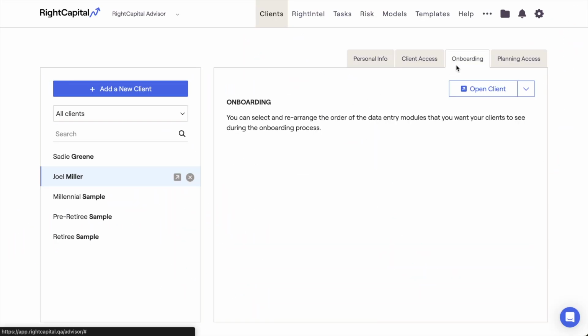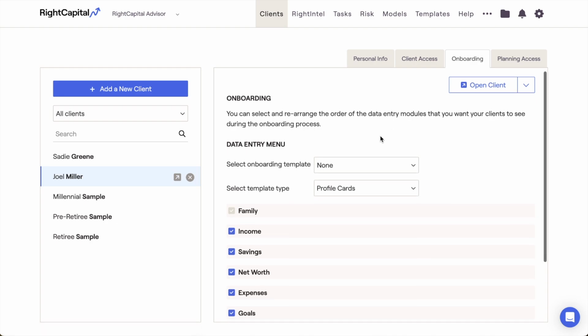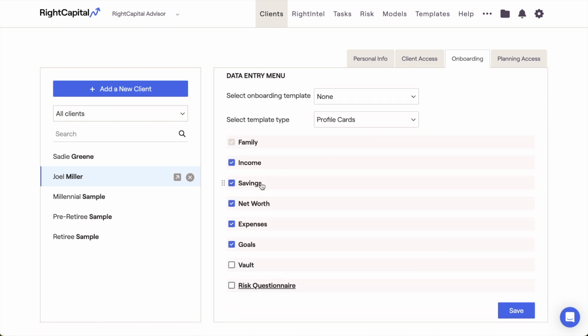Within the client's onboarding tab of the advisor portal, you can customize the onboarding process for clients who are still within their initial data entry phase. While this can be done individually for each client, you can also create onboarding templates. These templates allow you to save a particular onboarding layout and quickly and easily apply that layout to one or